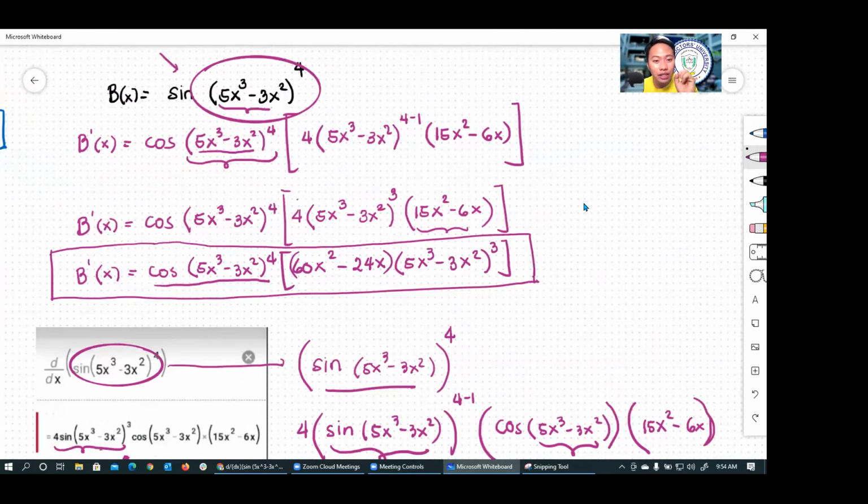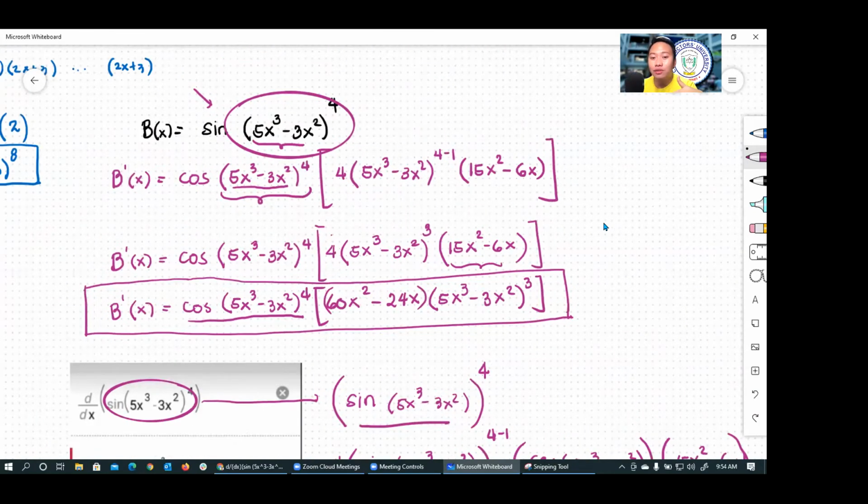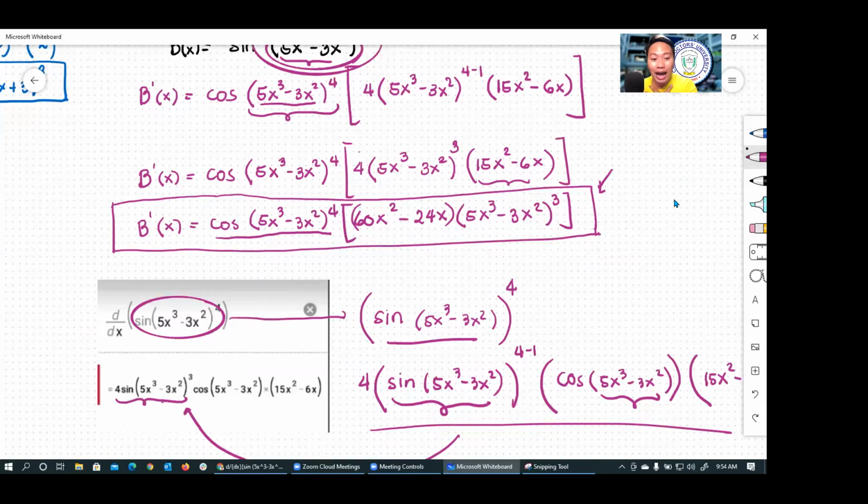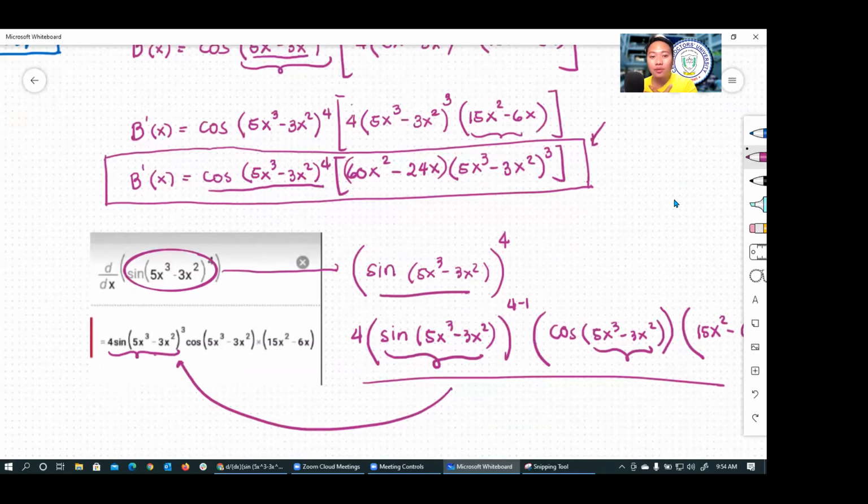Now, so if you're going to ask me, so which one do we follow, sir? Which one do we follow? Depende na sa actual given. As I said earlier, my goal is the 4 here is only for this expression, not including the sine. So the answer should be this one here. But if the given would tell me, or would specify, or would ask you, nga, sir, is the 4 exponent here includes everything, sir, the sine, then the answer is kanina pa.